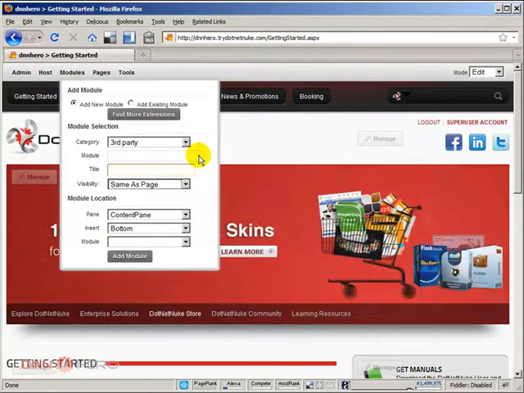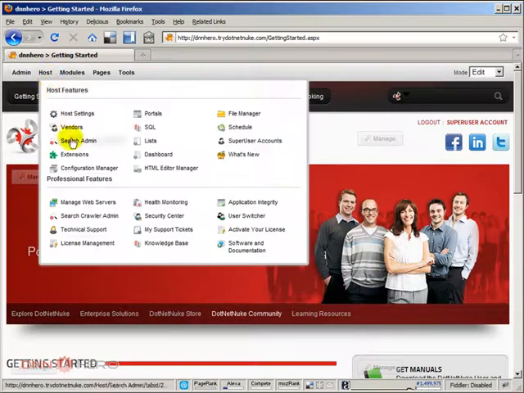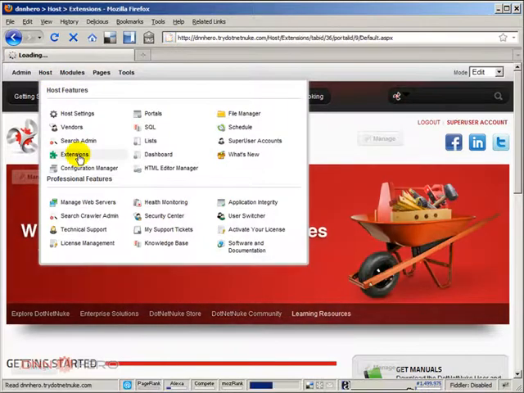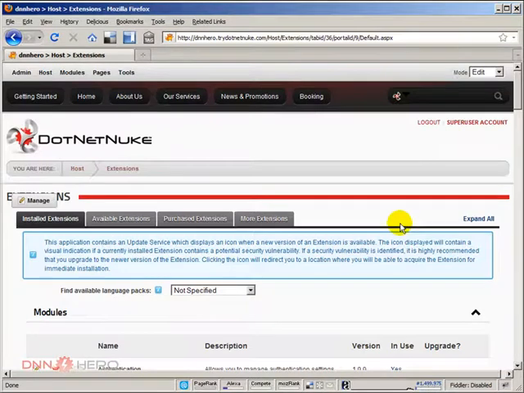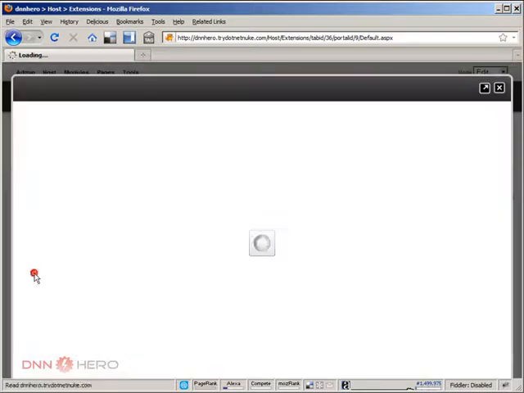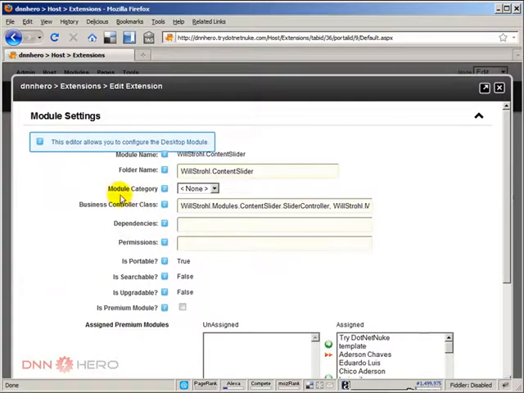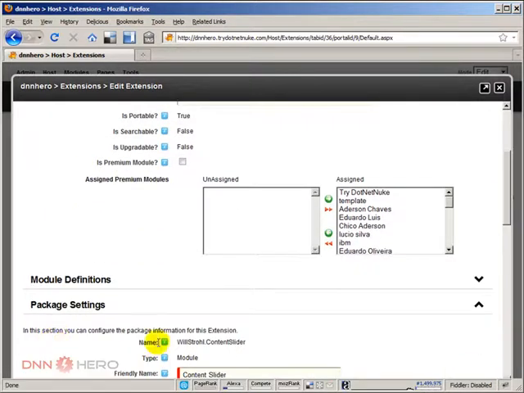So that's the next step. The second step is to assign modules to that category. So how can you do that? Very simple. We have to go to host, extensions, and then under extensions, you're going to see the list of modules installed in your DNN site. So we just have to go, in our case here, to Content Slider. We select the module category, which is third party. Scroll all the way down, update extension, and